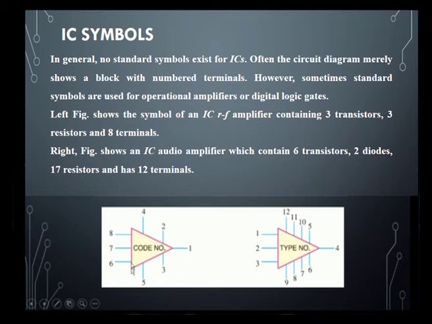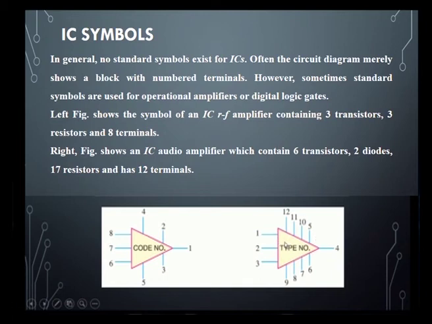This is the RF amplifier, which is having 3 transistors, 3 resistors and 8 terminals. So, totally 8 terminals will be there. The symbol will be the same for all the amplifiers, only the terminals will be different.